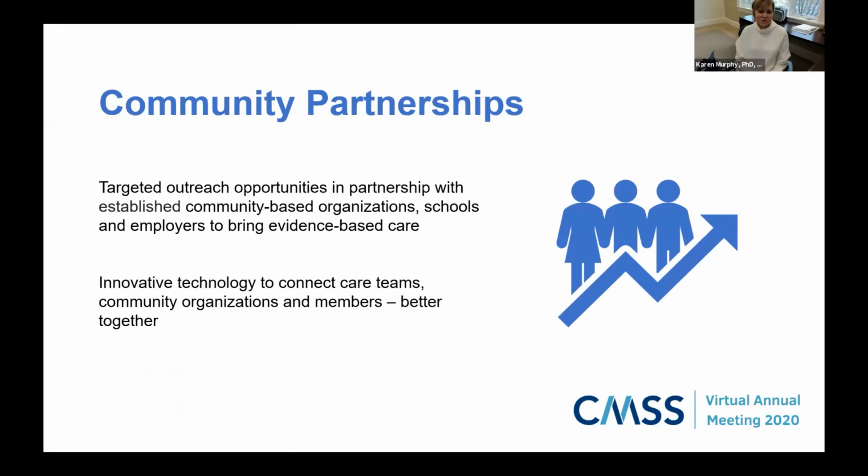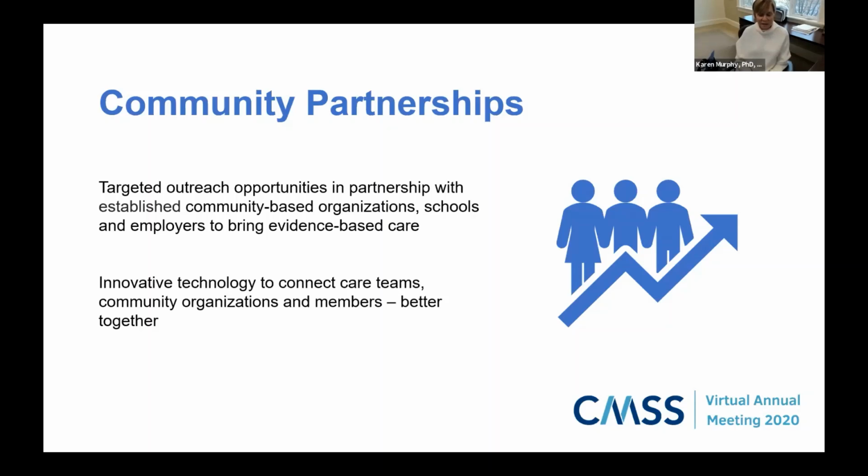So when we talk about social determinants of health and looking at it from a health system perspective, it has become very clear to us that it is very important for us to look at physical and behavioral health, and also the social determinants of health. However, we have also recognized that we have to address the social determinants of health by developing community partnerships. So throughout our footprint, we have been very actively seeking out community partnerships to address the social determinants of health.